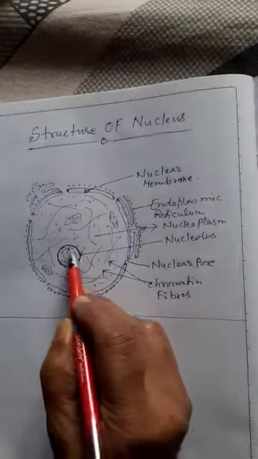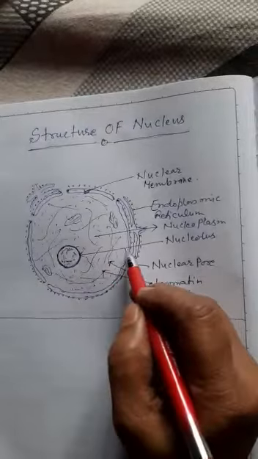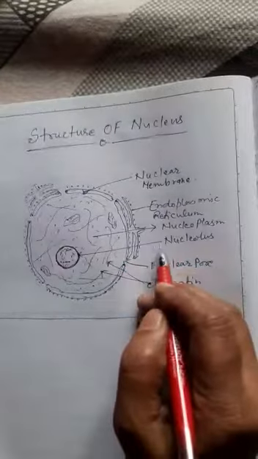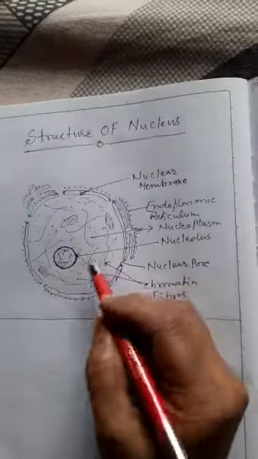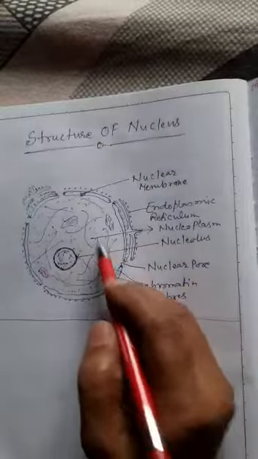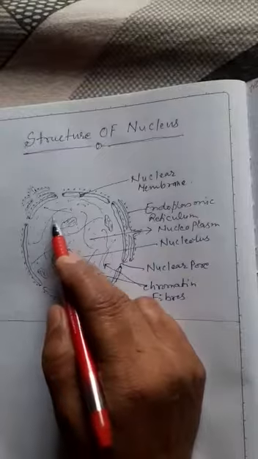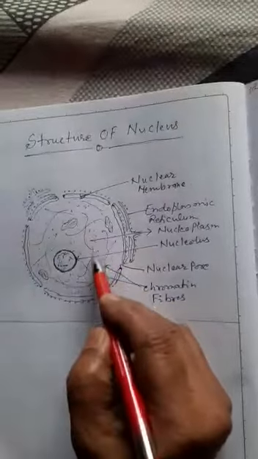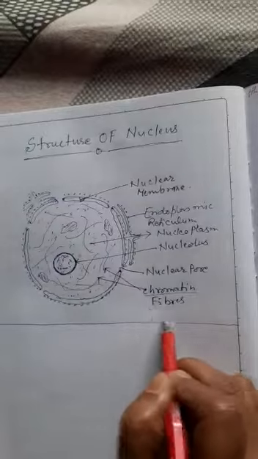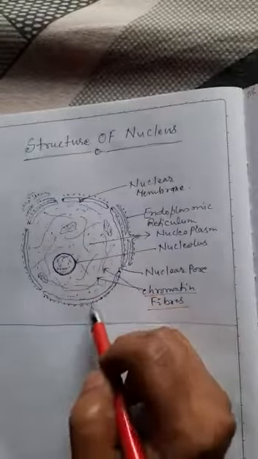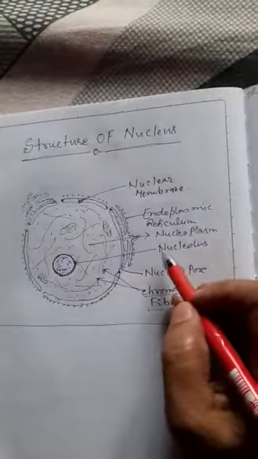Have you read where is the position of nucleus in a cell? In the same manner, the position of nucleolus in a nucleus. And besides these three, some of the other parts which are fibrous, hair-like structures, these structures are the chromatin fiber. This way, these are the main four components of nucleus.